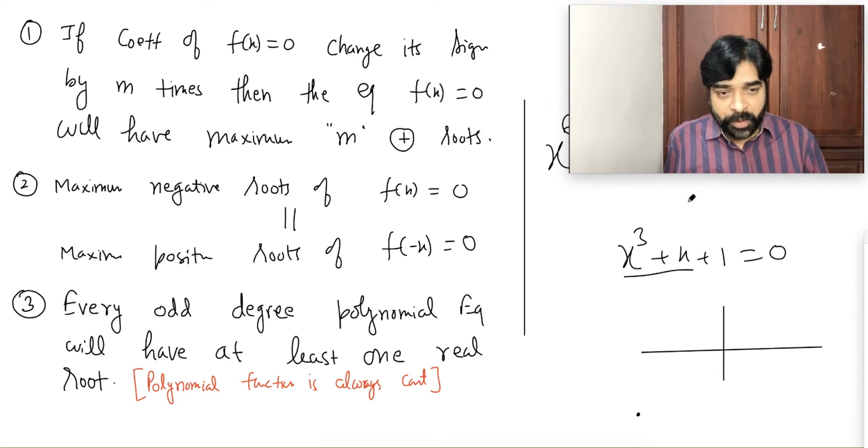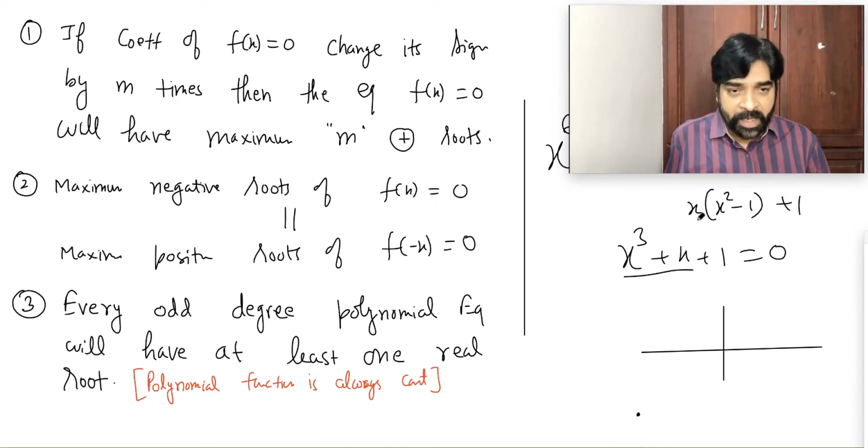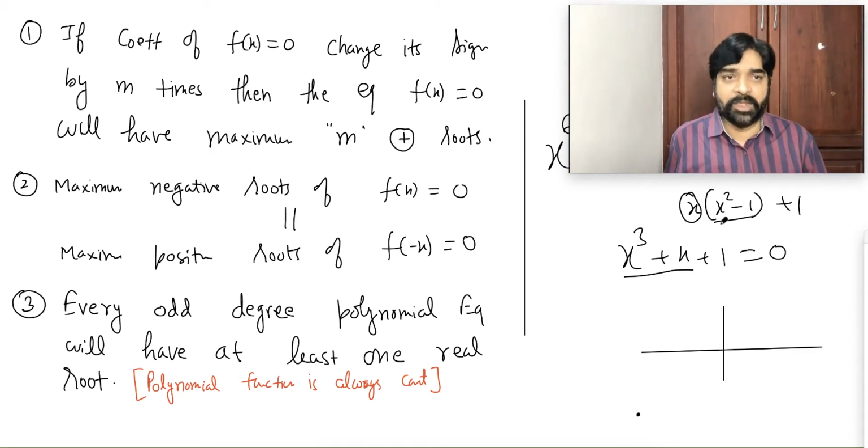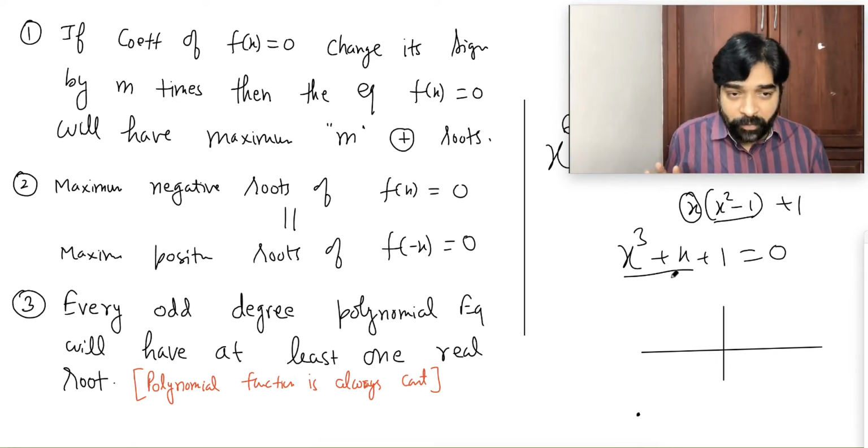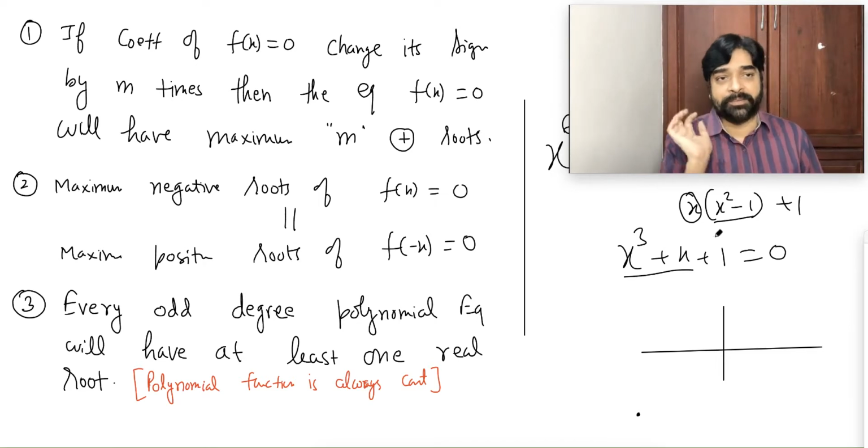From these two terms, you can take x common, so you'll get x into (x square minus 1) plus 1. Look carefully, everybody. X is minus infinity, so this value will become minus infinity. This value will become infinity, because infinity minus 1 is infinity only. So minus infinity into infinity will be infinity, but with minus. The whole value will be minus infinity.